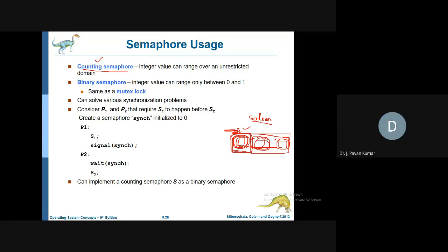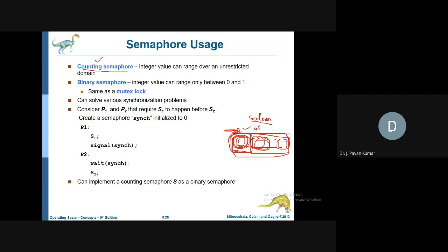Binary semaphore, in the sense, although we are having multiple resources, one copy or multiple copies, we will be having only one entry point. With one entry point, we will be checking only one variable, whether it is 0 or not. If it is 0, we cannot enter. If it is 1, we can enter into the critical section.